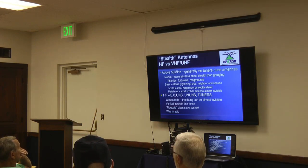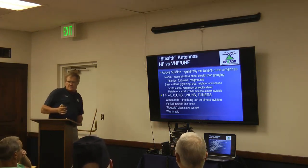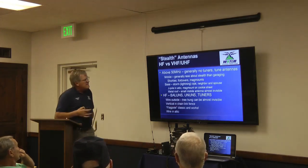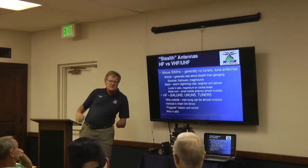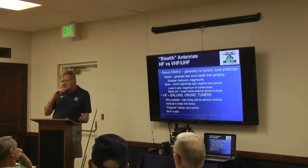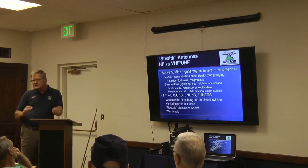Okay? For VHF, above 50 megahertz, generally you're not going to be using antenna tuners. Not always the case, but we're going to assume that's the case for tonight. You tune the antennas. You may clip pieces off of them, loosen the Allen screw, slide the element up and down. There are a lot of different ways you tune antennas, but you're generally going to do something mechanical instead of using